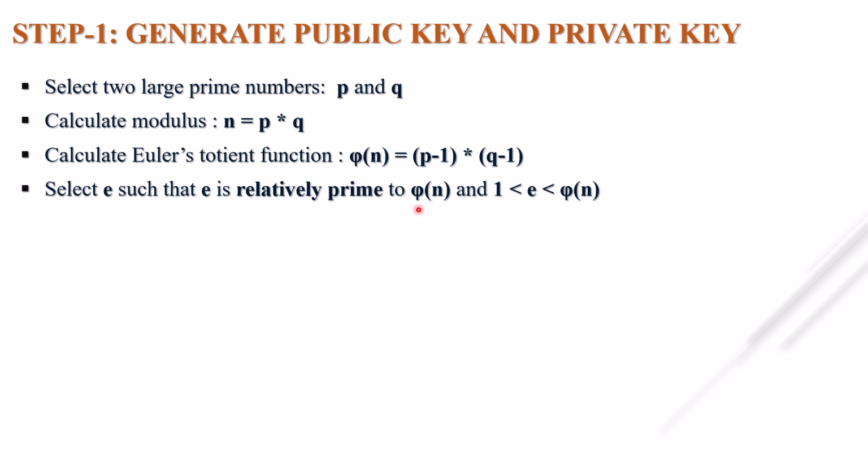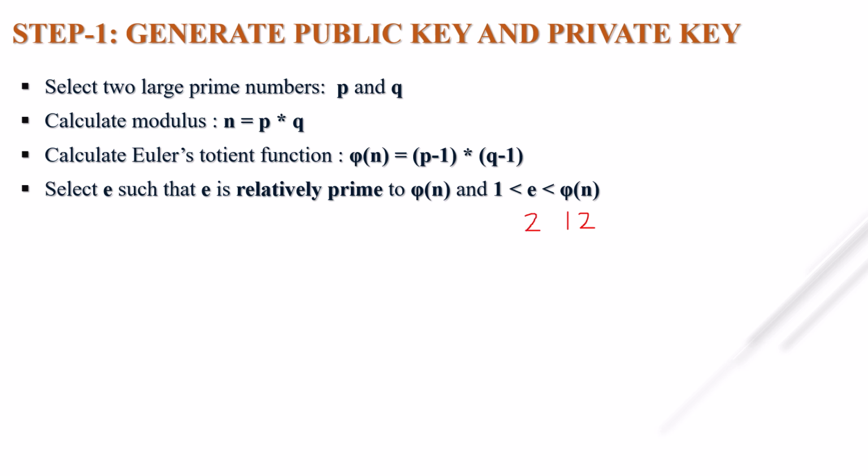Okay, so we can select E greater than 1 and less than 12. So we can select 2, 3, 4, 5, 6, 7, 8, 9 and 10. But we have to check that the particular E will be relatively prime to the totient function of n. So what is our value of the totient function of n? If we are taking p equal to 3 and q equal to 7, then the totient function of n is equal to 12. So if you select 2,